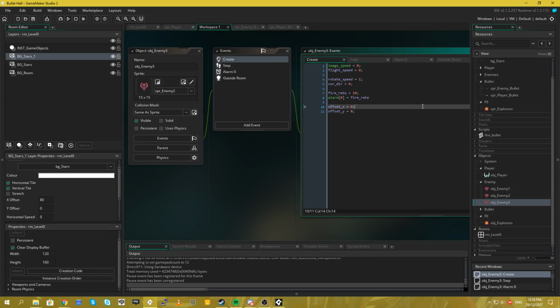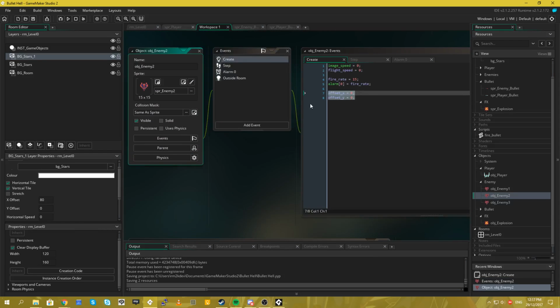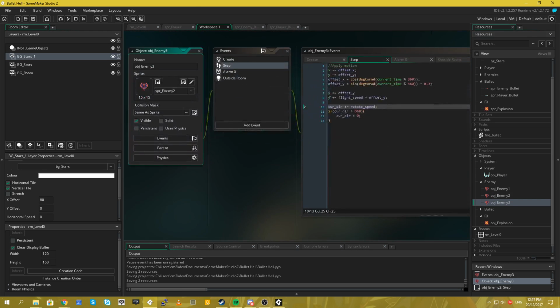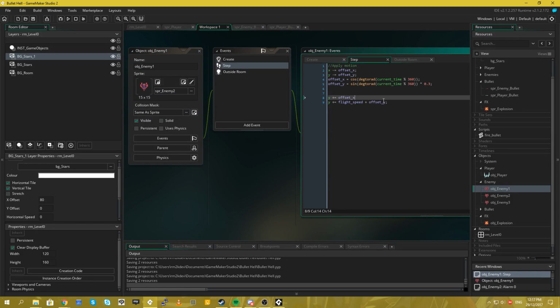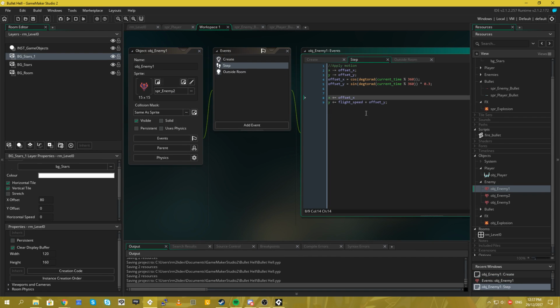Y plus equals offset X. Ah, thank you. I messed up again, did I? Offset Y. This is called careless programming. Make sure you guys don't do it. Offset X. Oh god, I did it again. X plus equals offset X. There we go. Don't program like me, people. It's sometimes shocking. I did. Thank you, Andrew.